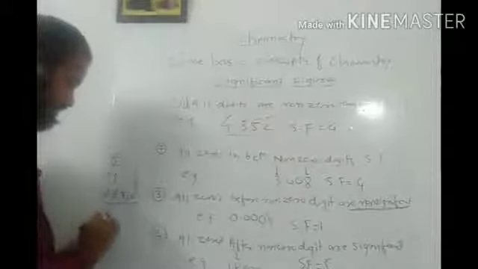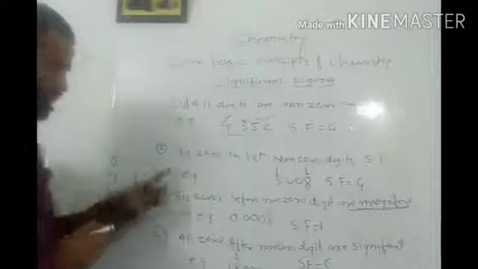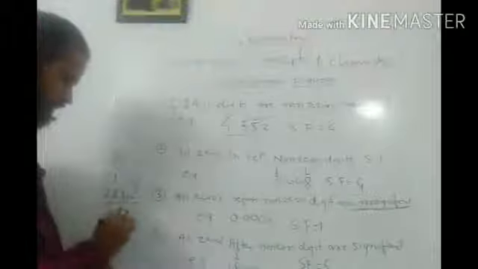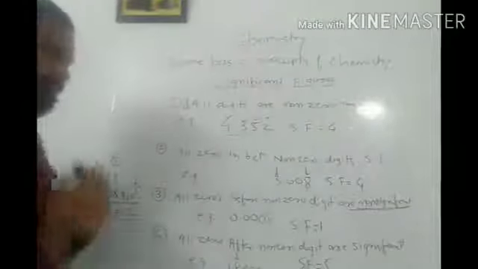In this case the digits are 2 and 8. Both digits are non-zero, so according to the first rule, the significant figure count is 2. We simply neglect the power. So these are the 5 important rules while writing down significant figures. Firstly we have to understand what a significant figure is. After knowing these rules, we can perform the operations: addition, subtraction, multiplication and division.